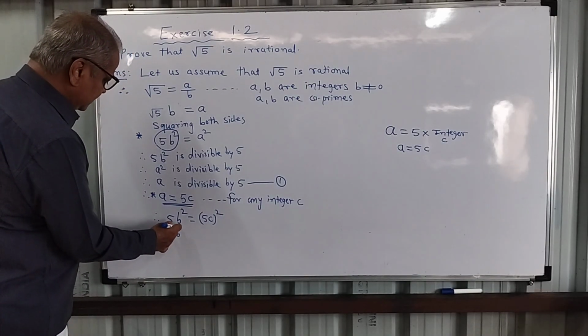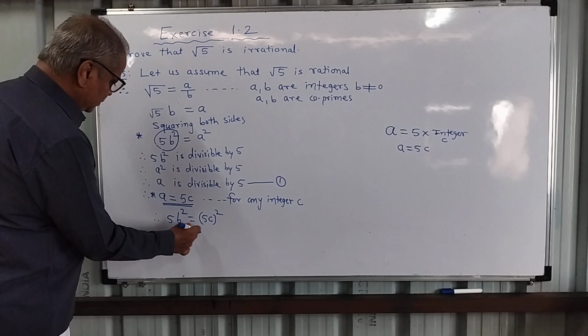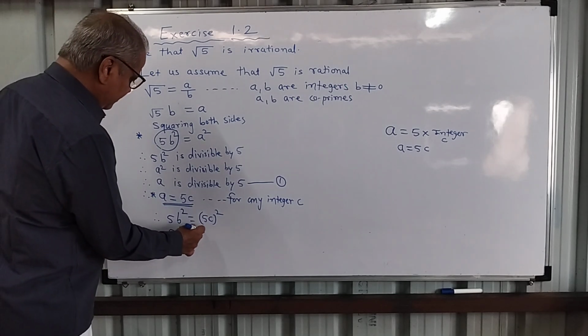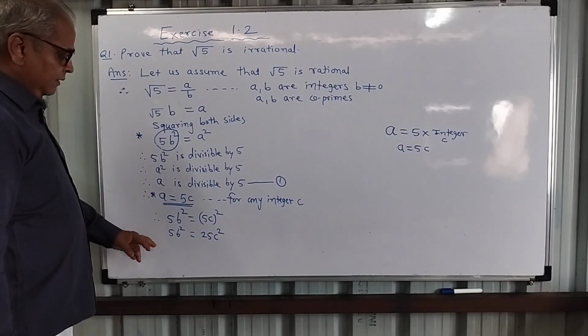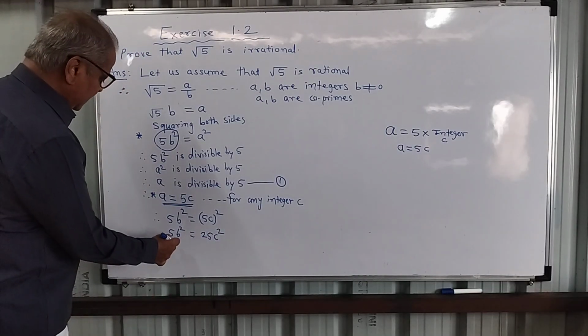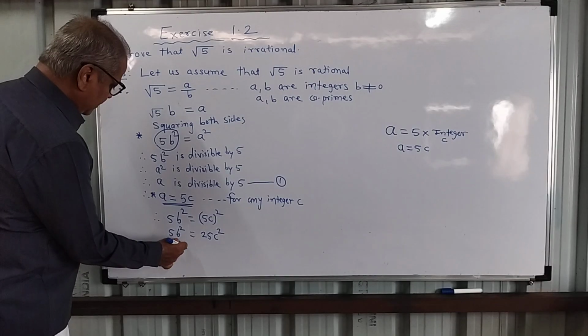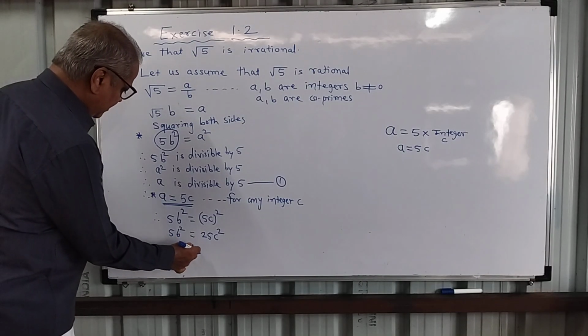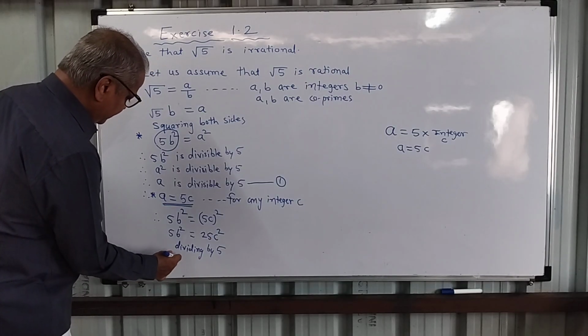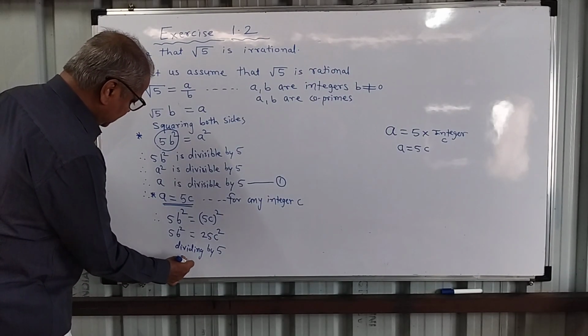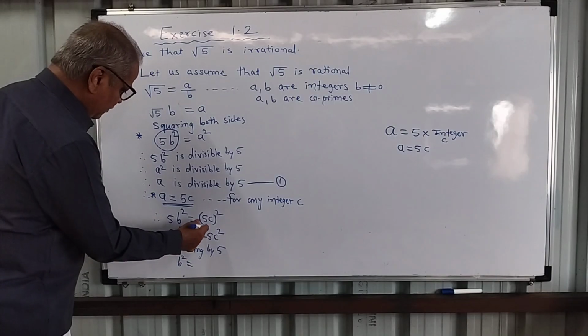So 5b square is equals to square करायचा 5 चा square 25c square. Dividing by 5 on both sides, it will be b square is equals to 5 कट होणार आणि 5 5 is 25